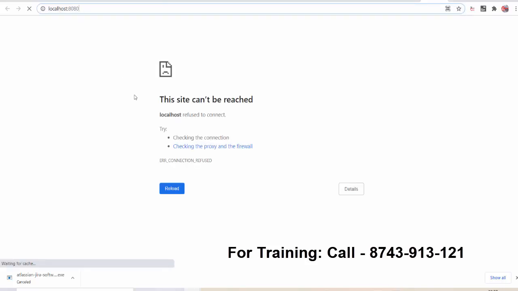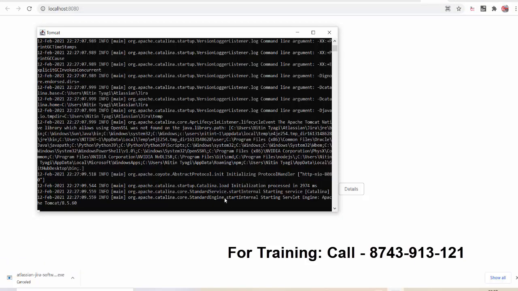That is started. Okay, why does it show this cannot be reached? The reason behind that, you can check, is that the process is still going on. So we'll have to wait for the process shown on this console to be completed. Only after that can we access Jira on the browser. So the server is still starting. We are setting up Jira on the local system, so it is starting the server on the local system. So it will take a few minutes. I'm just waiting.